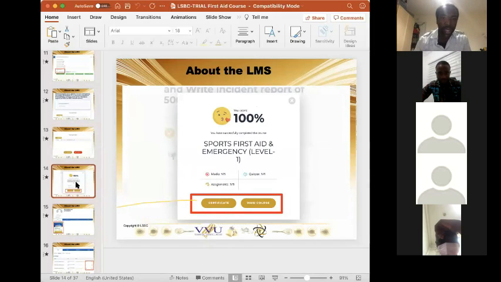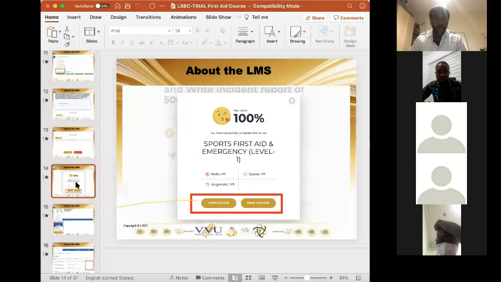Yeah, we're on the next slide about the certificate. Temporary certificate. Very well. So we are almost done. With the learning management system, once your assignment or your assessment has been approved, it means that you are 100% complete of the module.